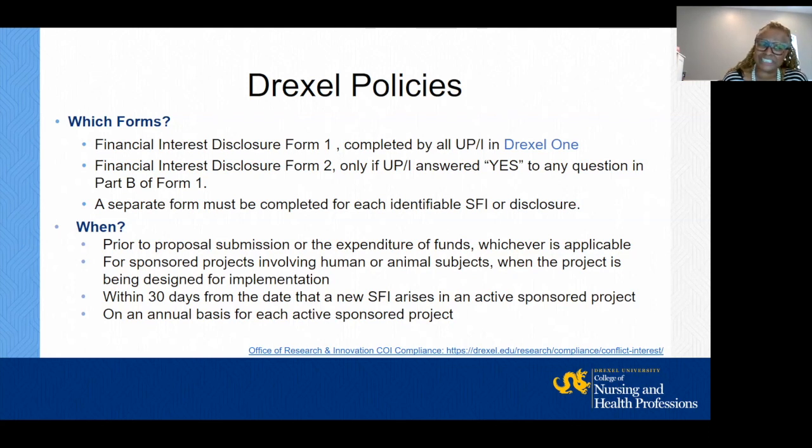One of those things is you would go in as a first timer and put in your conflict of interest information, your disclosure information, one time. And then when you go in the next time to put in more proposals or protocols, instead of having to enter the information each time, there should be a question that asks, does your outside relationship involve this particular research? And you say yes or no. If you say yes, you might have to give us a little bit more details in reference to that, just so that we can totally understand the connection. Or if you say no,